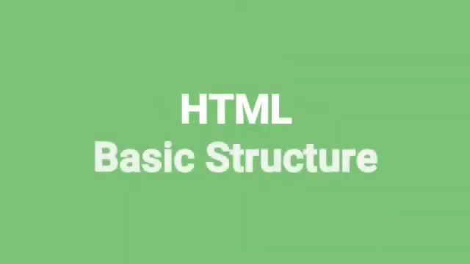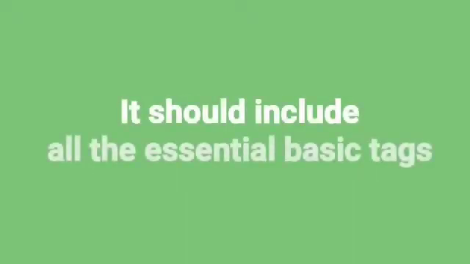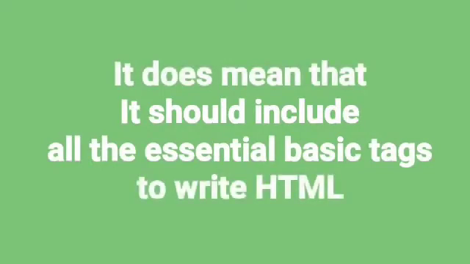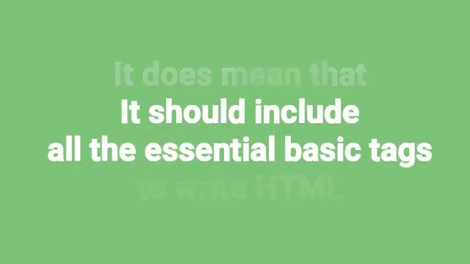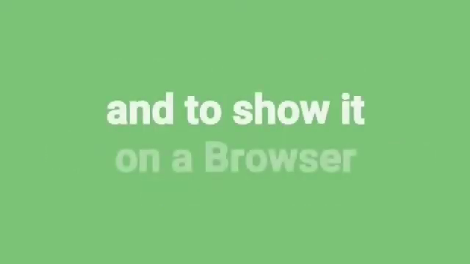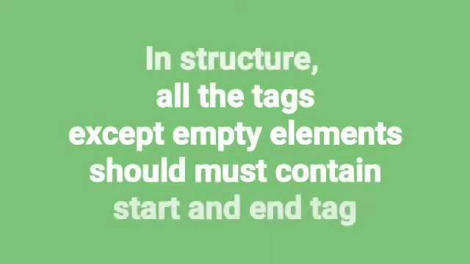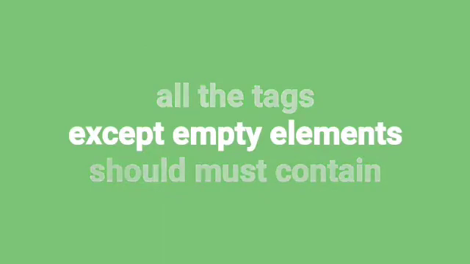Writing HTML basic structure means we must follow one structure for the document. That means we must include the tags which are compulsory, essential to write the document, to show the contents on the browser, right? So the basic structure, the code, first starts with the HTML document, and the tag with which we start the document, we must close that tag also, right?